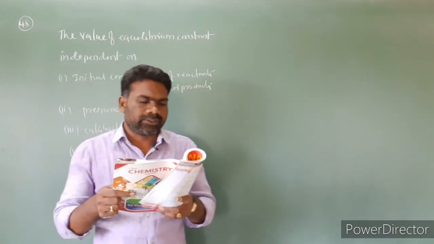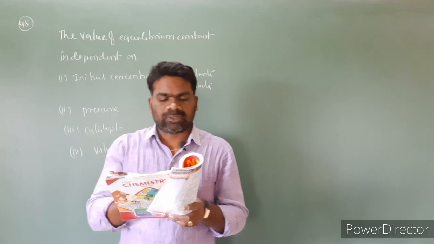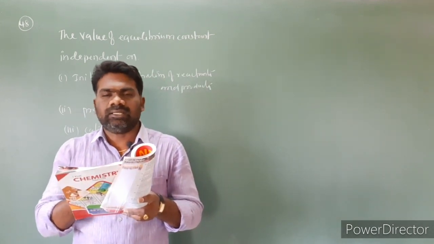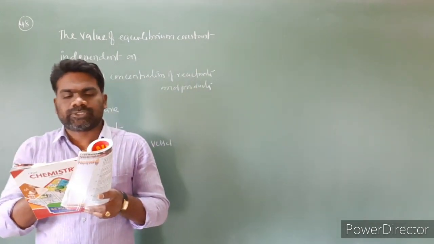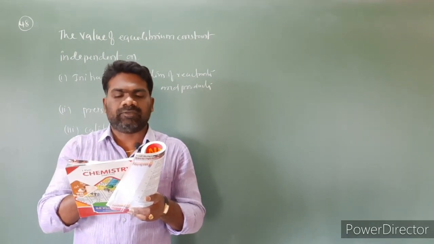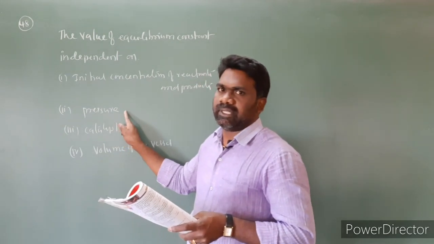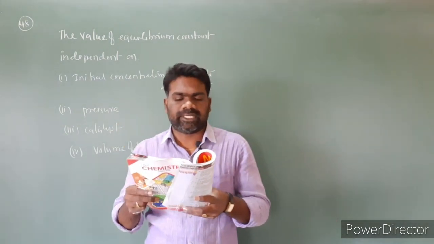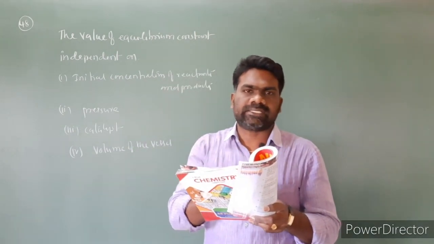So look at the options. Question number 48. First option increases, second decreases, third remains the same, fourth depends on the nature of the reactant. N2 plus 3H2 gives 2NH3 in this equilibrium system. If the pressure is increased at 25 degrees centigrade, then the value of Kc does not depend upon pressure, it remains the same. So for question number 48, the third option is correct, remains the same.